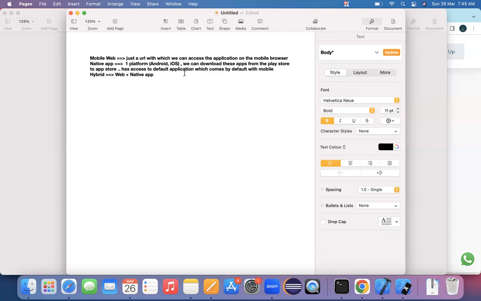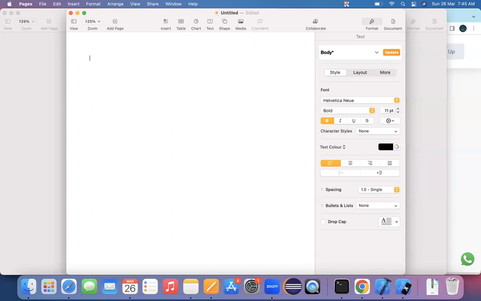These days, the majority of organizations are developing these hybrid applications itself. Perfect. Ultimately, whenever you are working on a project, it may be a native app or it may be a hybrid app. Okay, perfect. Done the deal. And then the next point that we need to consider here.